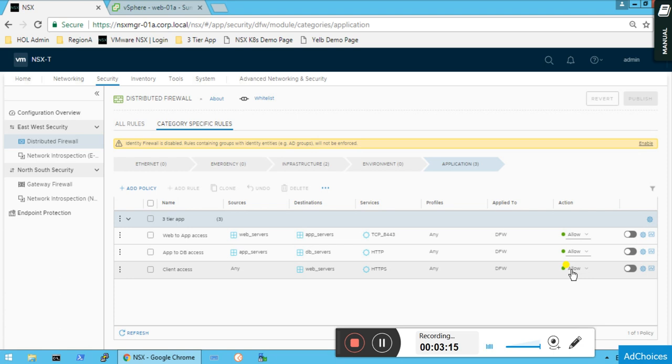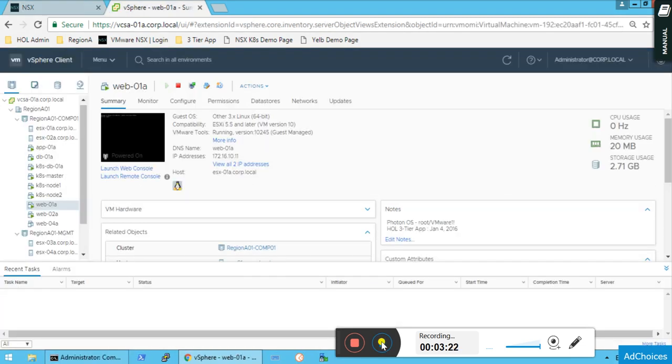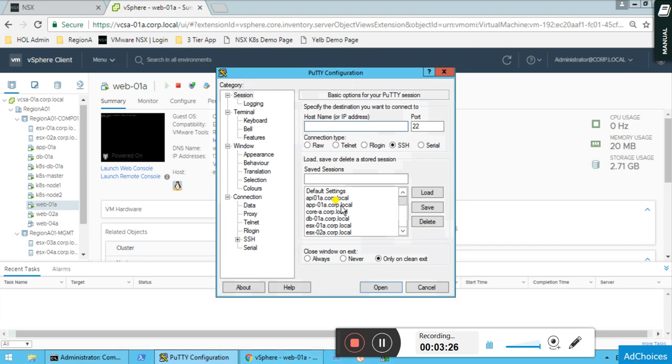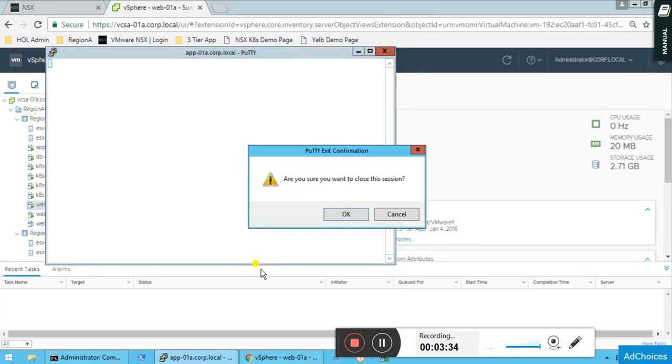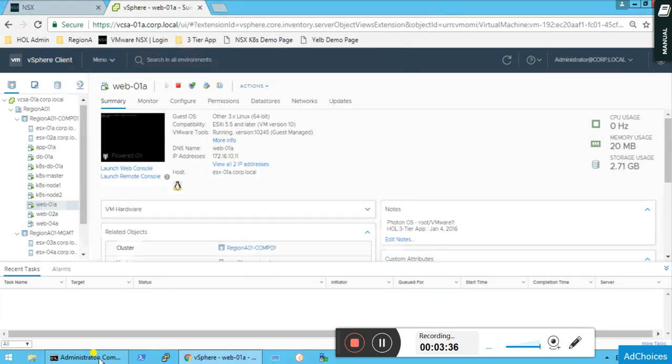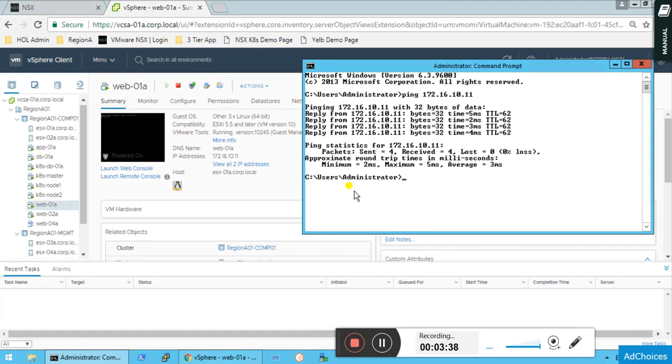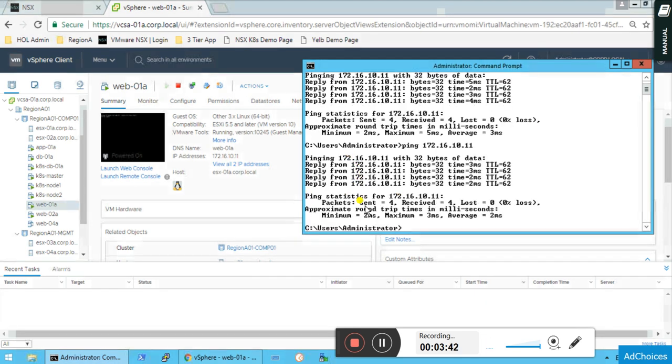So we need to disallow the ping, right? As you know, my PuTTY will not be accessible because my connectivity strategy is whitelist. I'll show you one thing. PuTTY is not accessible. Okay, that you understand now. But if I go to CMD and run the ping command, then you will see that it is pinging. So why?